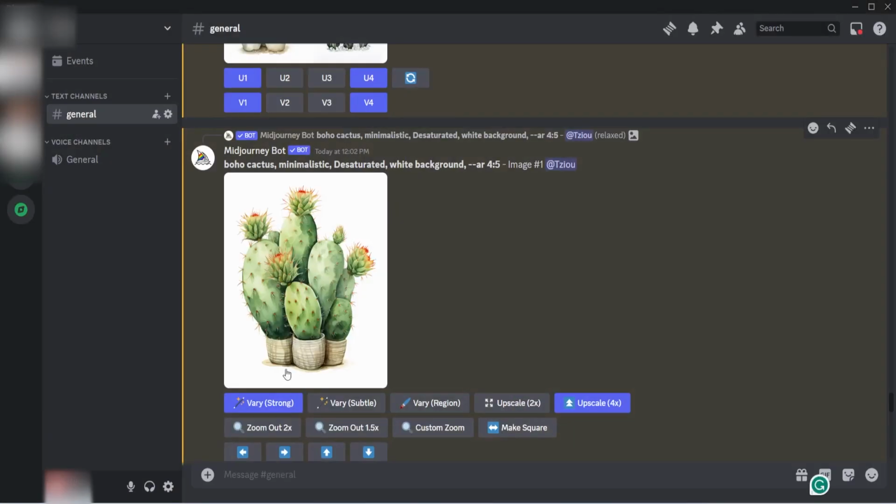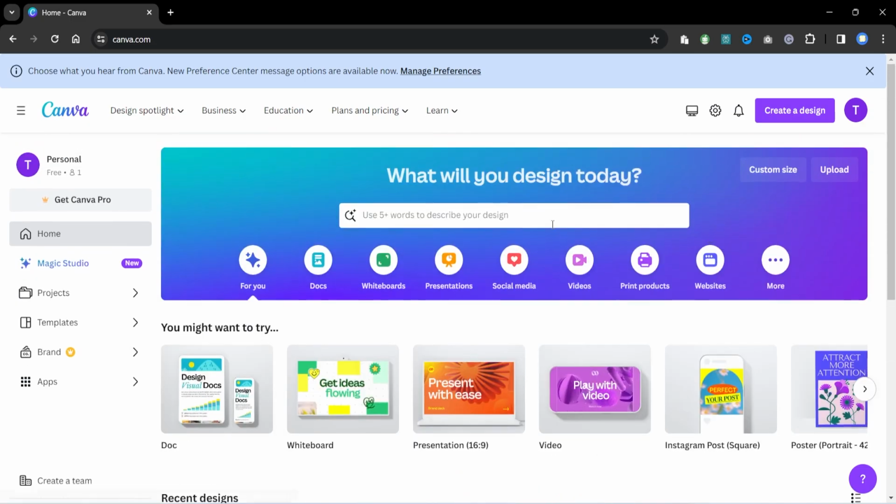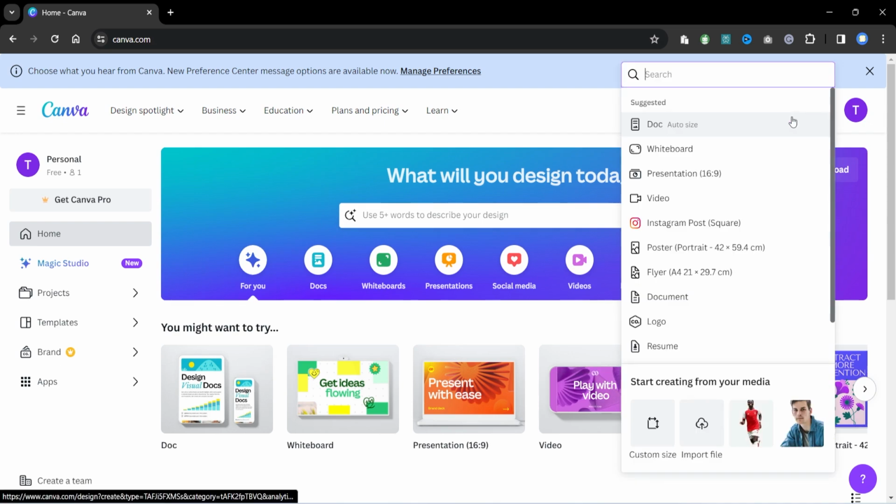Okay, they are ready. So now we're here in Canva. As you can see, I have the free account. And actually, this is the first time I'm using Canva to create a poster. So we're gonna learn together, I guess. I'm a Photoshop user, that's why I don't use Canva. We're gonna come here and type create a design. We're gonna use